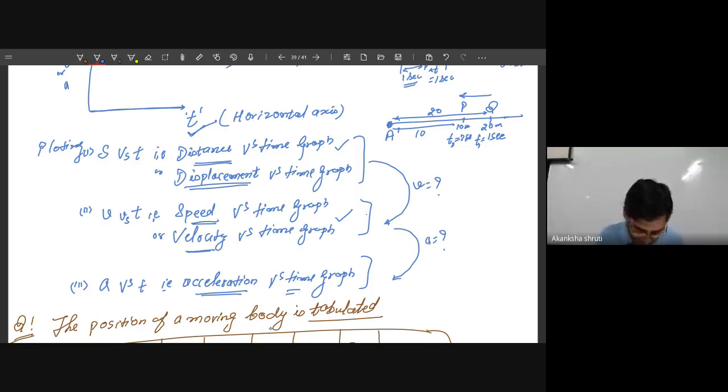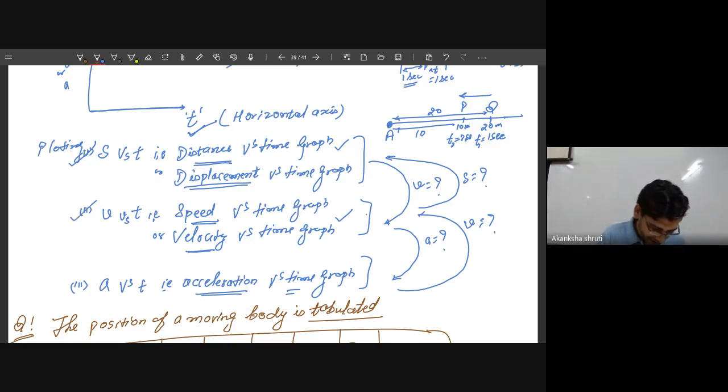If the acceleration time is given, we can plot the velocity time graph. Means if the acceleration time graph is given, we can calculate the velocity. What will be the velocity for this? If the speed time or velocity time graph is given, then we can calculate the displacement from that. So what is the displacement, or what is the distance covered? It is that one.